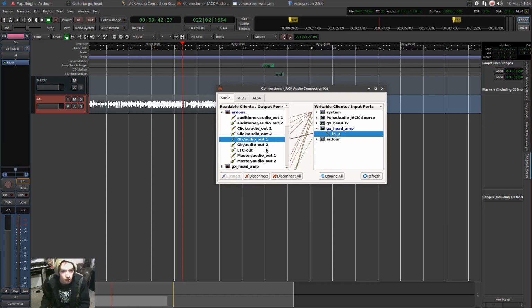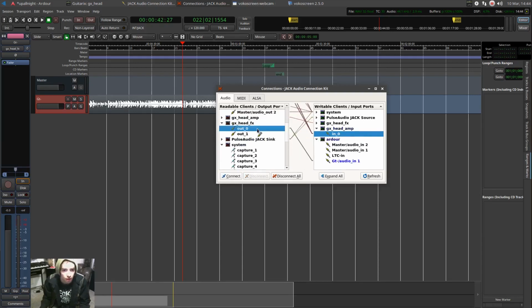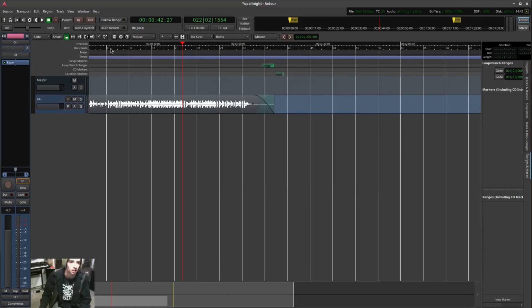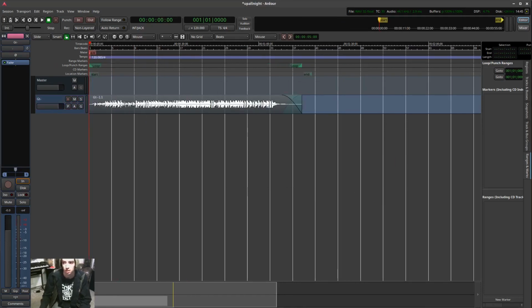So send it out through there. This goes out, and then playback from the effects back into Ardour master. Boom. Take this one. We can disconnect that. Alright. Now that that confusing thing is over with,